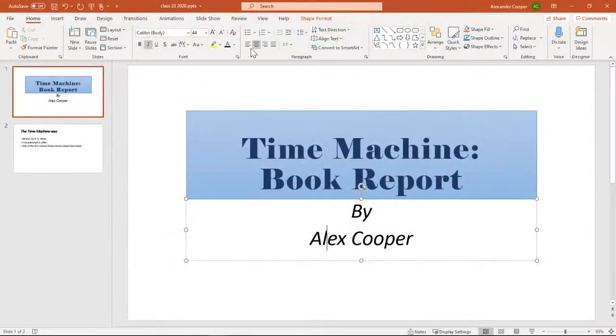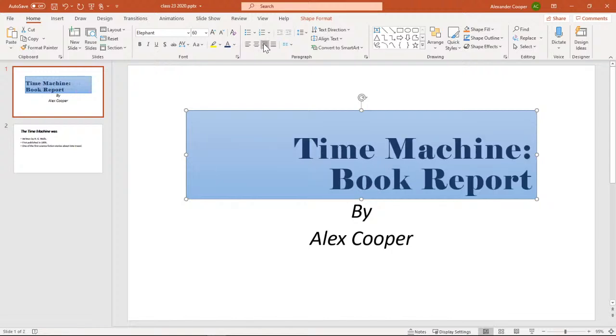Now with our alignment, by default, with our text boxes, it depends on what text box it is. This is a title text box, so it is set to the center. But as you see, our other text boxes in the next slide actually are to the left. So I can click up here. Oh, hang on, that's because I'm on that line. If I want the whole text box, I choose the border, and then it'll change the whole thing.